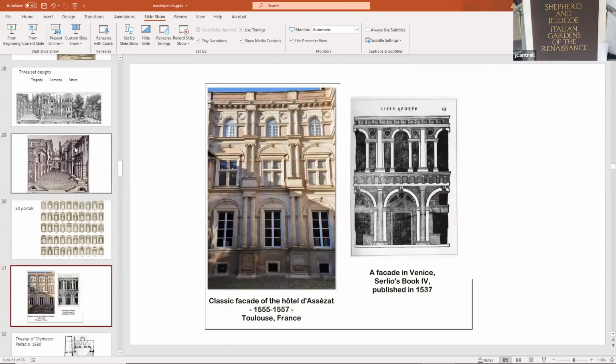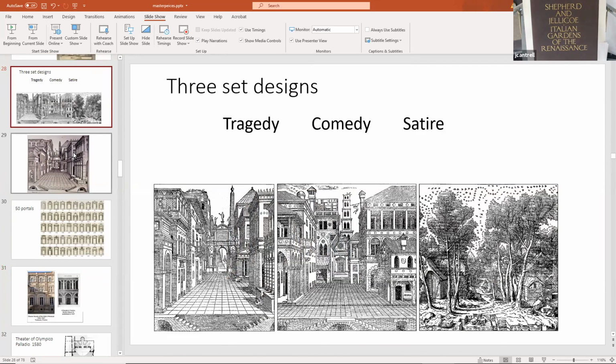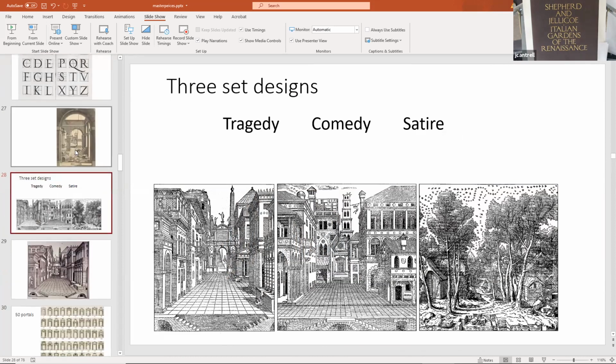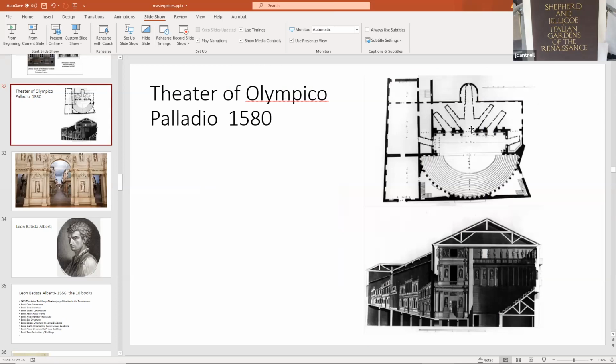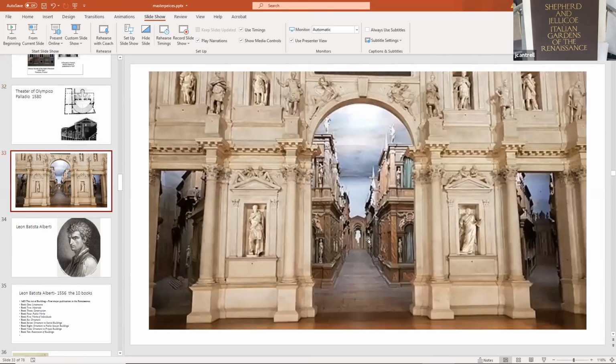But let's take a look at what Palladio did in reading about Sebastiano Serlio's work and his language of perspective. Palladio, we'll talk about that in just a few minutes, literally took the images and made a perspective theater. I'm sure you have probably seen this in history or early design studios: the Teatro Olimpico in Vicenza, where Palladio did most of his work. He literally built a perspective theater, where the streets actually converge to one point. There's a large 3-dimensional proscenium arch that hides the streets behind it.